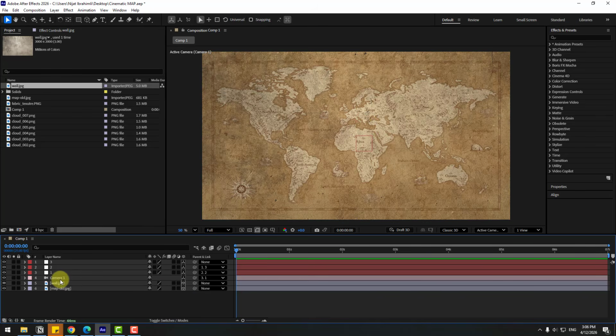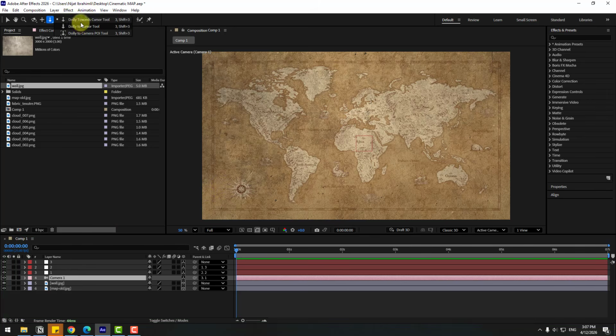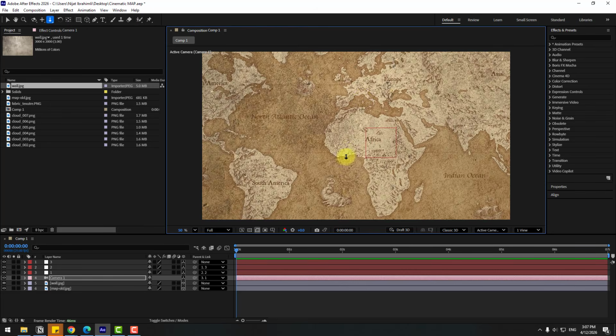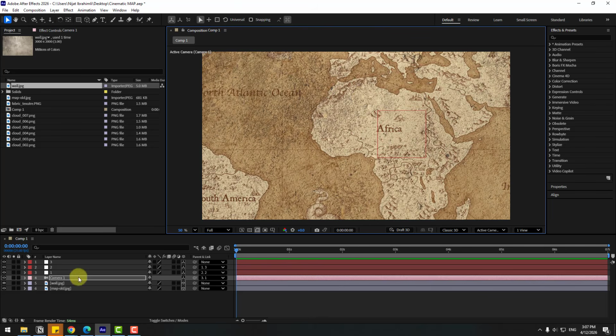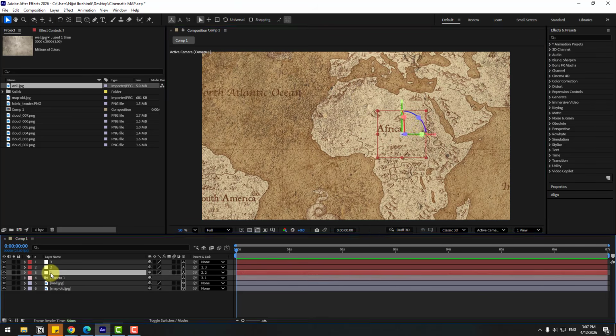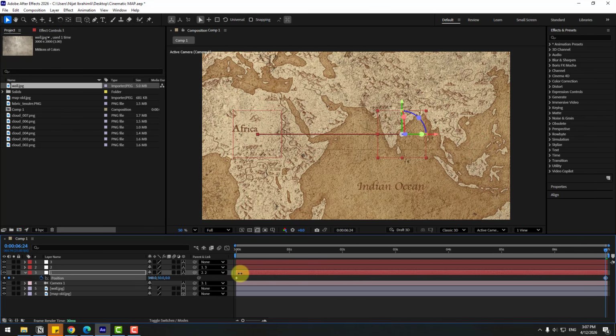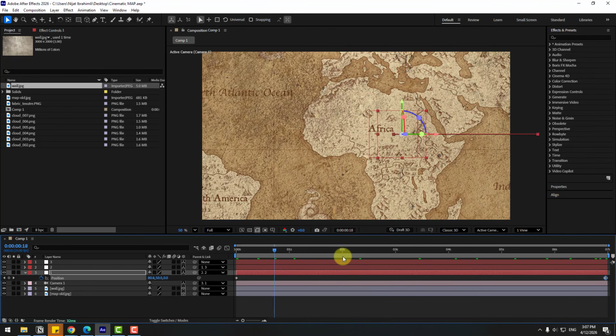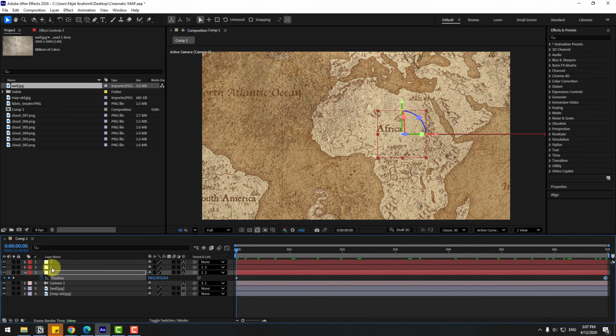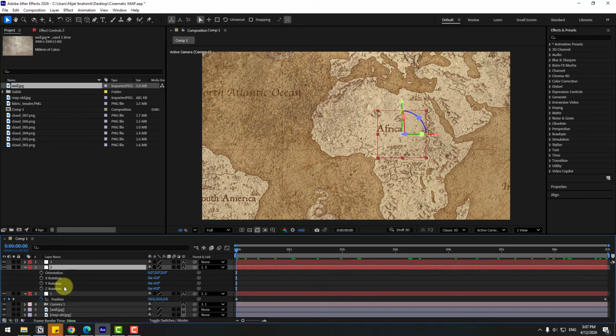So at this time, choose this camera and press C to change camera movements. We can control the camera here. Let's choose Dolly, and zoom the camera like this. Okay, now choose this layer 1, press P and create a new position keyframe. And go to 7 seconds and move to the right. So let's see. Okay, we have a simple move animation, and choose layer 2, press R, open rotation, and go to